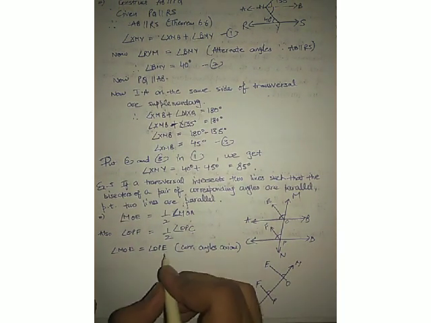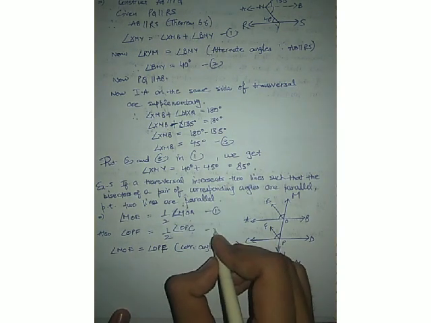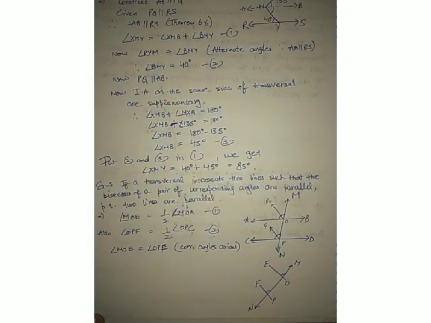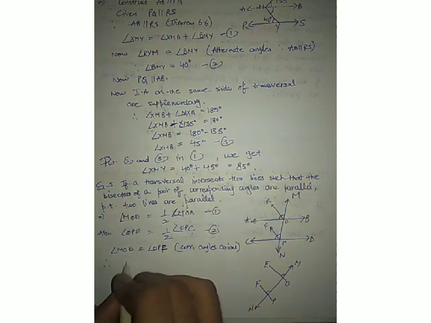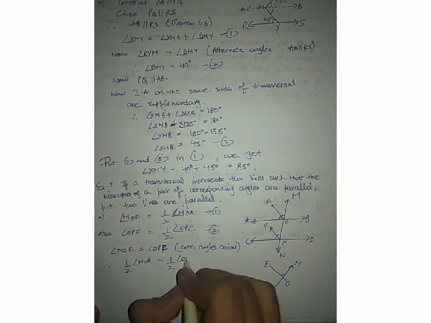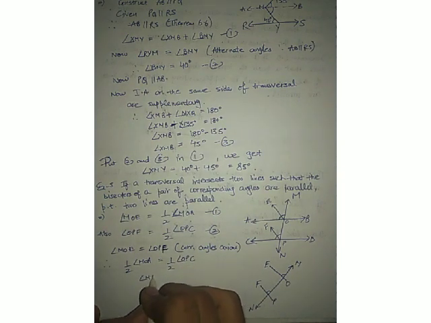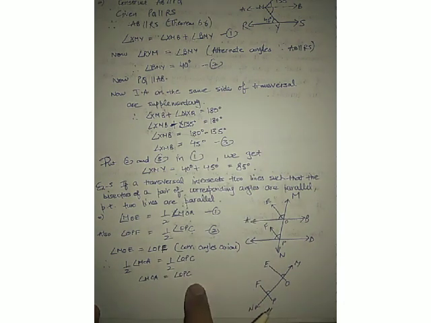Angle MOE is equal to angle OPF. Clear? Why? Because of the corresponding angles axiom. So now the left hand sides of the first and second equations are proven to be equal, so the right hand sides will also be equal. Therefore half of angle MOA will be equal to half of angle OPC. The half will be cancelled and angle MOA will be equal to angle OPC. Now the corresponding angles are equal, therefore AB is parallel to CD. Why? Due to the corresponding angles axiom.